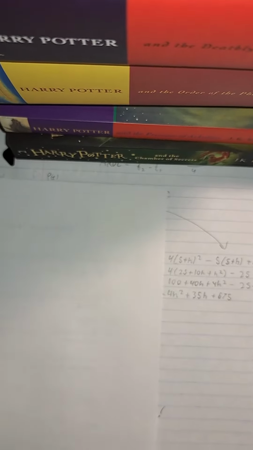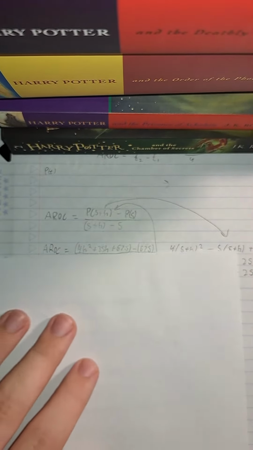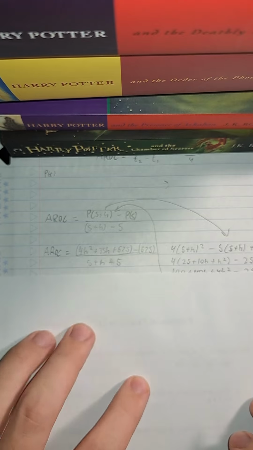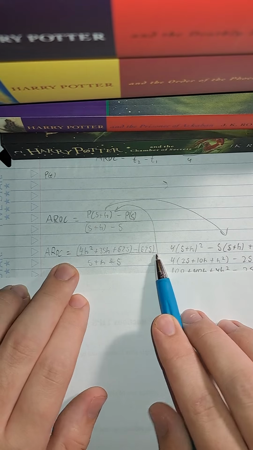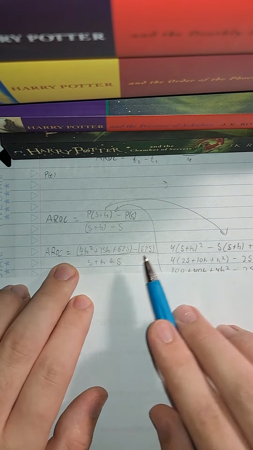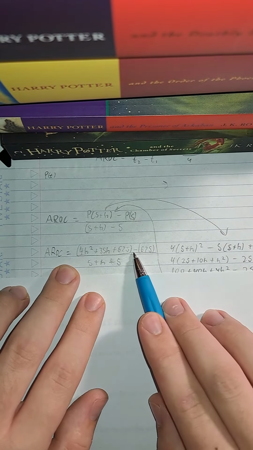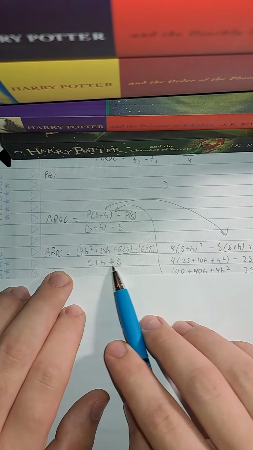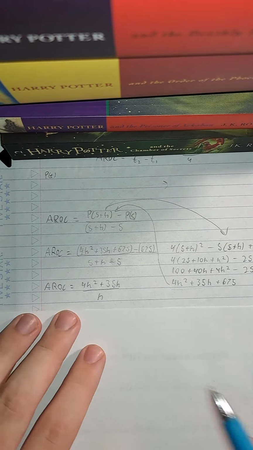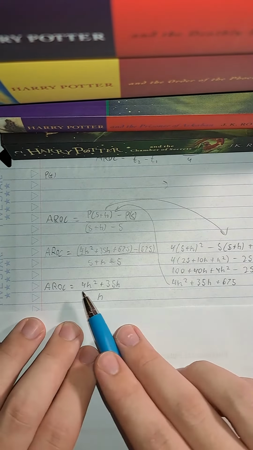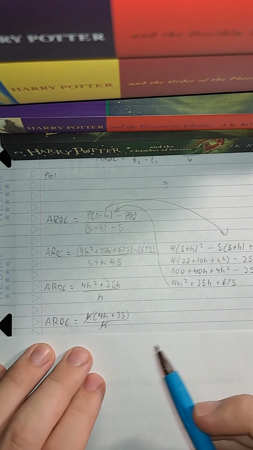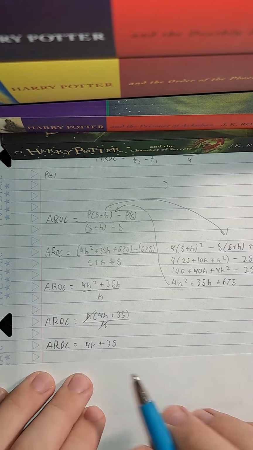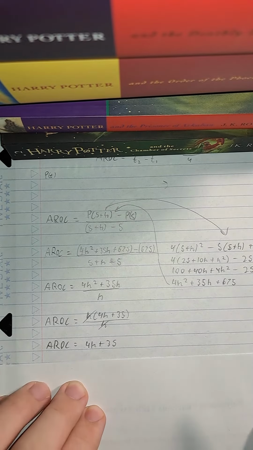Like I said, not very explanatory, just kind of giving people what they need. So once you sub that back into the original equation, you solve: p(5) is equal to 675, but because of the negative sign there, minus 675, over 5 plus h minus 5. And then that'll simplify to 4h squared plus 35h over h. Now we can factor out an h from both terms, and they'll cancel out. So we're left with 4h plus 35,